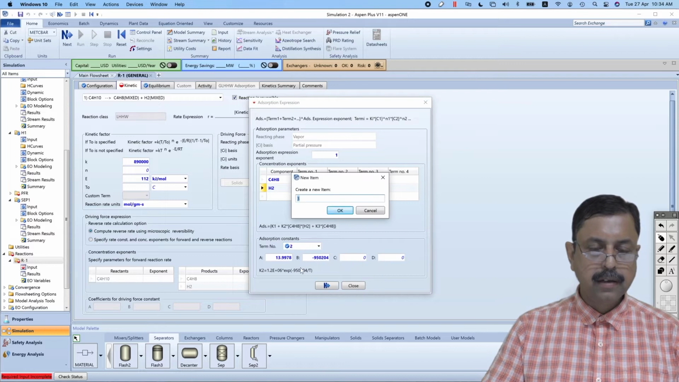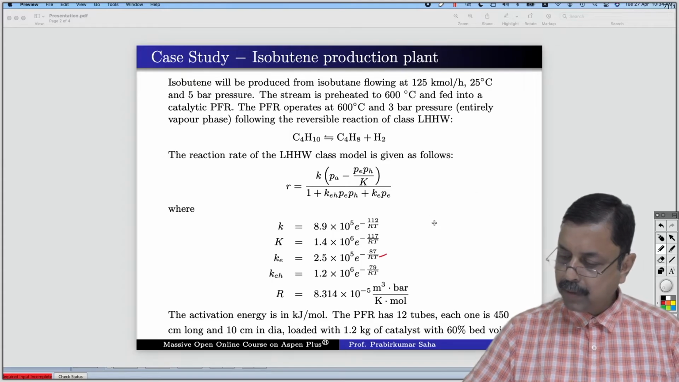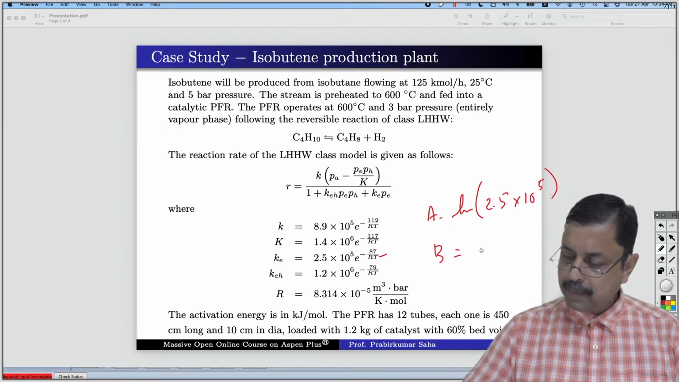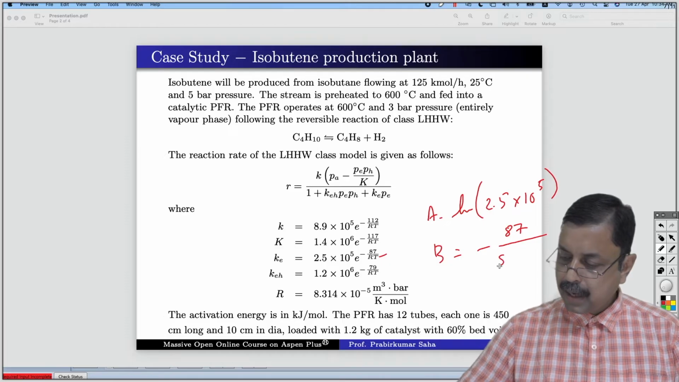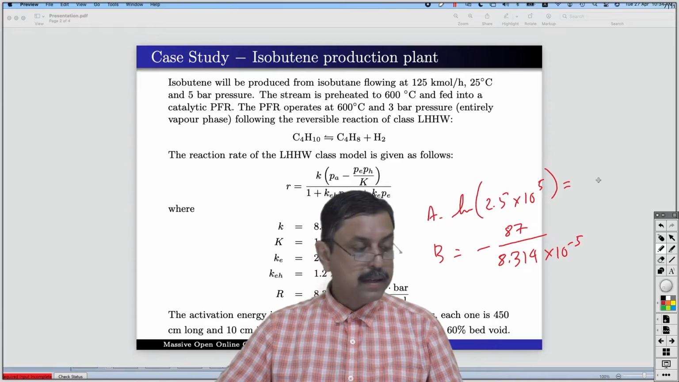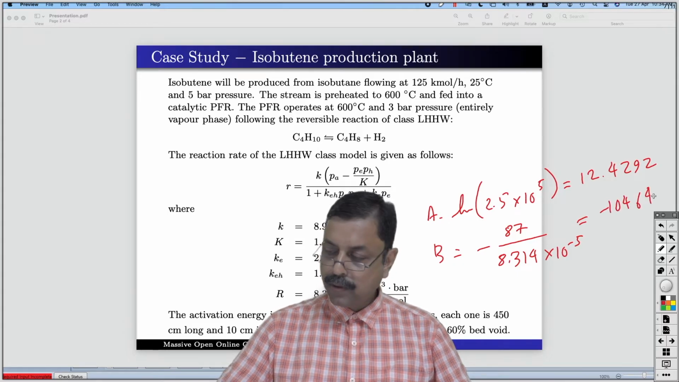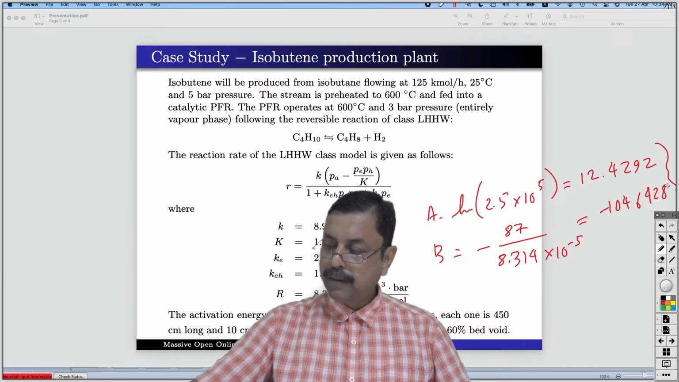Okay. So similarly, the third term, it will have this one. So A will be ln of 2.5 into 10 to the power 5 and B will be minus 87 by 8.314 into 10 to the power minus 5. So if you calculate that, your A will be 12.4292 and this will be minus 1046428. So insert these two figures